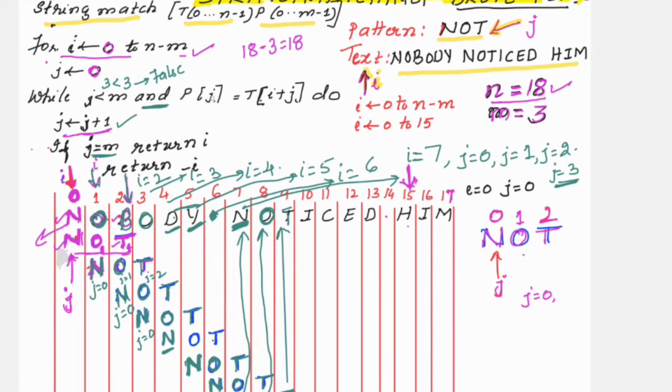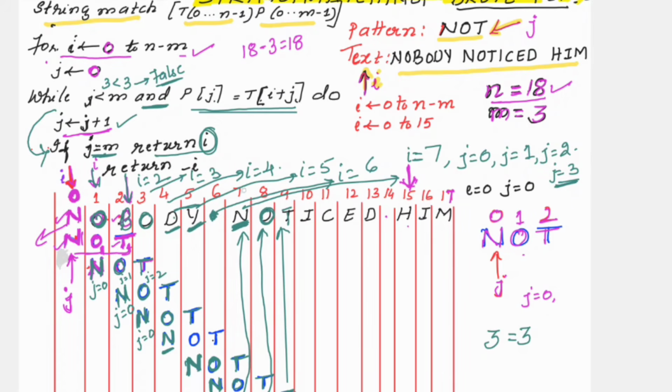And you have here the logical AND operation. So whatever may be the result of the second condition in the logical AND operation, you don't have to worry. The first condition itself is false. So it will come out of the loop and it will execute the if statement here. In the if statement, it is J equal to m. Whether 3 is equal to 3, yes, it is equal. So if it is equal, then return I. That means you are going to return the value of I for which you got all the 3 letters of the pattern pointed by J equal to 0, J equal to 1 and J equal to 2. All the 3 letters got matched. So what was that I value?